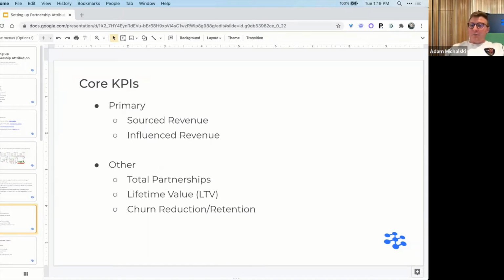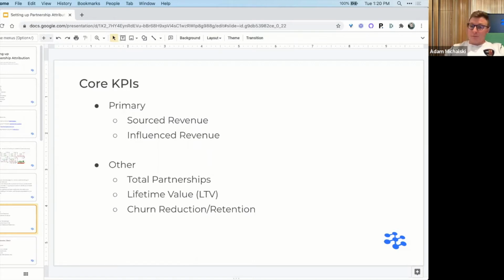The second big one is influenced revenue. Influenced revenue is, I would argue, the lesser understood of the two, but if done properly, it's actually just as impactful as potentially sourced revenue. The issue is that a lot of folks just don't account for influenced revenue properly.